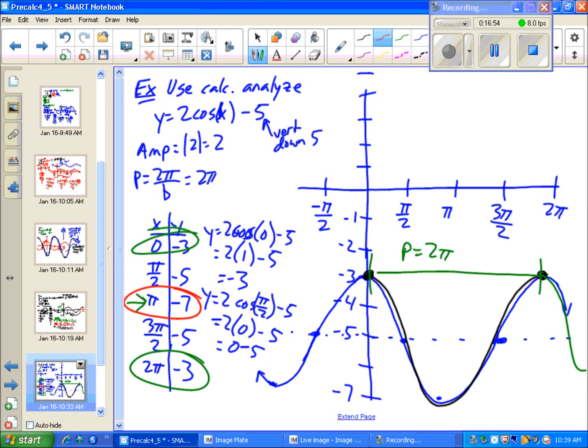There's a minimum. You know, there are no x-intercepts. The y-intercept is 0, negative 3. Domain, all real numbers. Range would be from negative 3 to negative 7 if you're writing that in interval